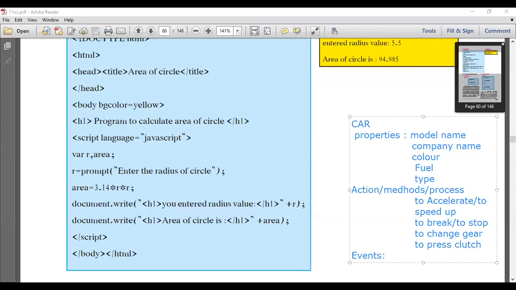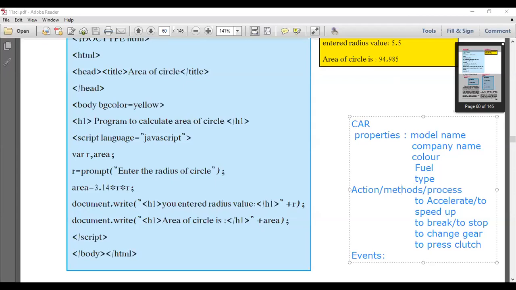Now always keep in mind, when we trigger any event, then a process or action starts. When we trigger any event, meaning when we execute any event, then the process, methods, actions start.